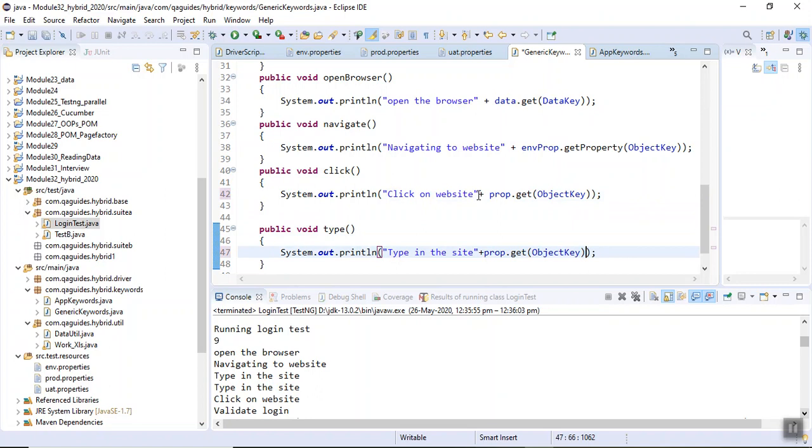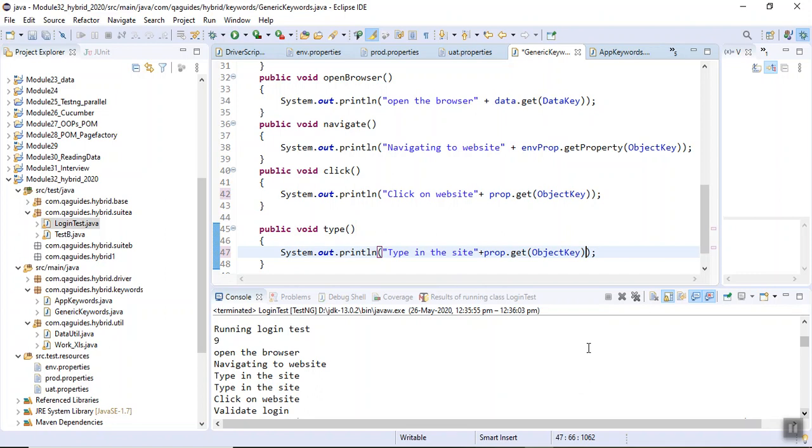And one more thing, we will have the data also. Okay, and the data will come from our hash table. So we need to retrieve the data from our hash table.